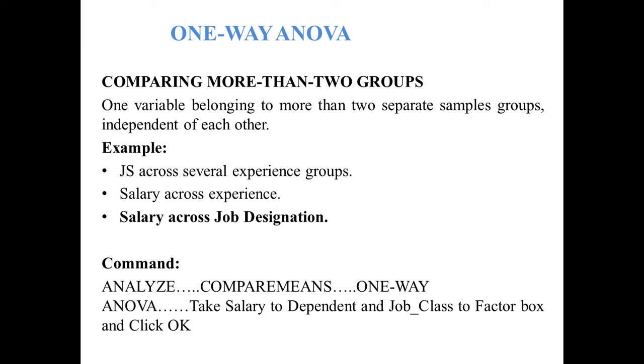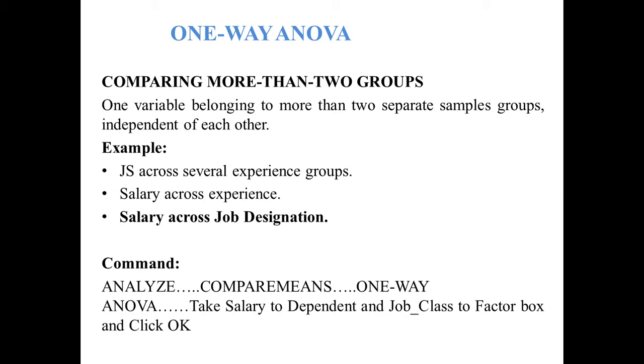Today in this video we will learn how to test the one-way ANOVA and its result interpretation also. One-way ANOVA is used when one variable belongs to more than two separate sample groups which are independent of each other. For example, if we check the job satisfaction level of the employee